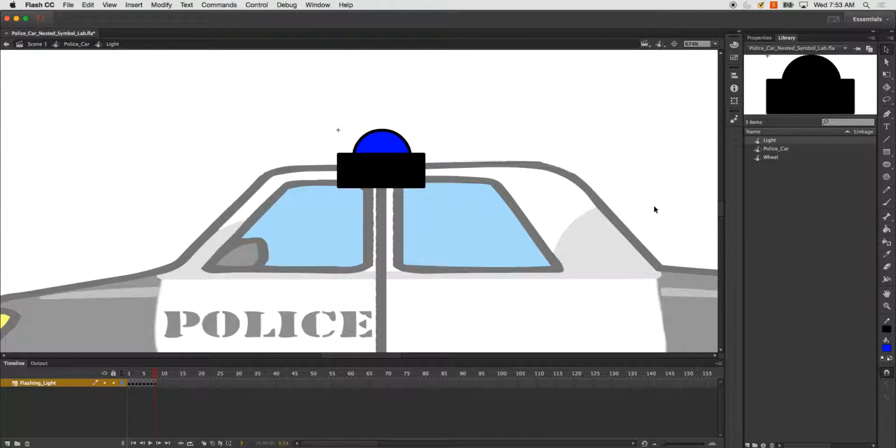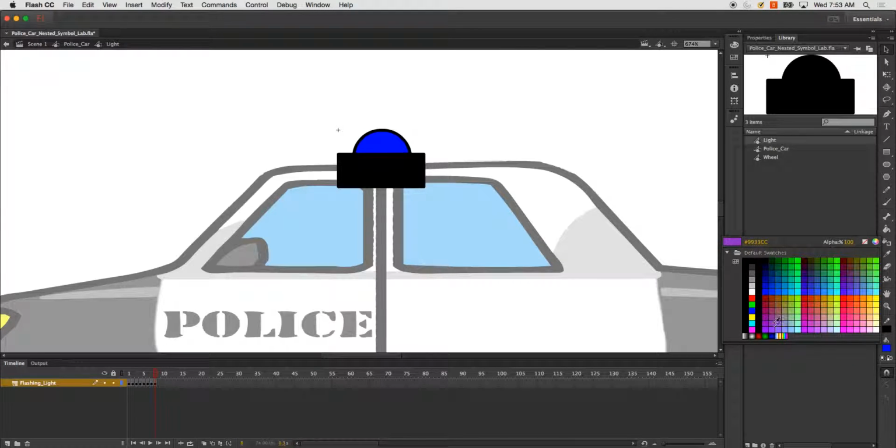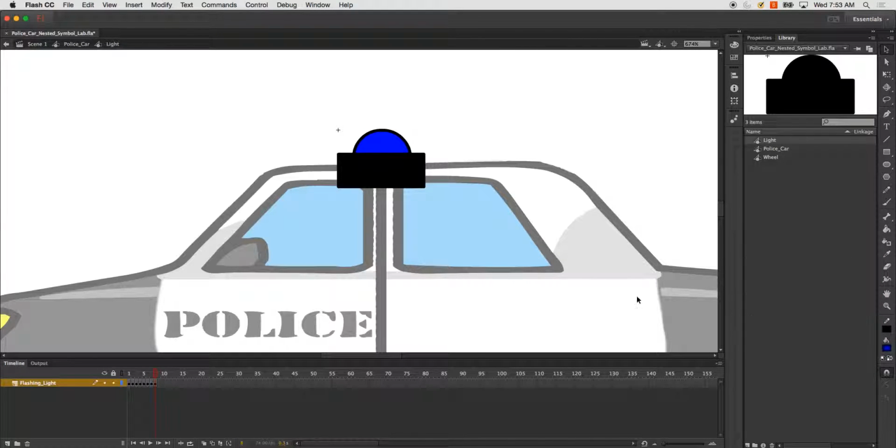And I'll hit F6 again, and I'll select my blue radial gradient. And because it's going to cycle back to the total blackness here, I'm just going to leave it stopped at that frame. And now, when I play this, you see I get